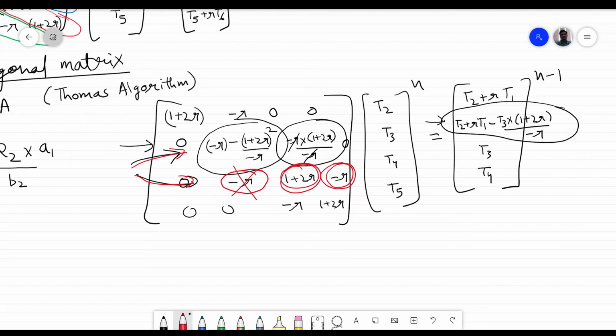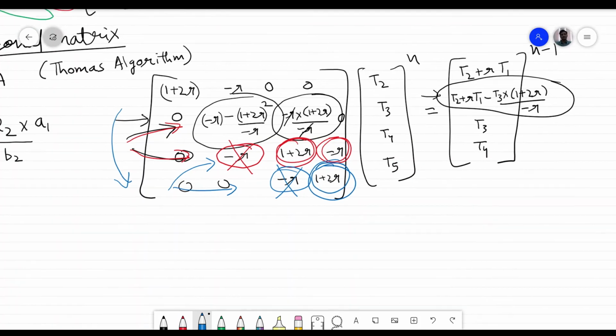Similarly, you do the same thing again with this row and this row, the last two rows. So like this you can see we are coming down, okay, from top to bottom, eliminating the first element, that is the lower diagonal. And when you go to the last and the second last rows and apply this operation, do this manipulation, you will be able to eliminate this one also. And this one will change to some other value.